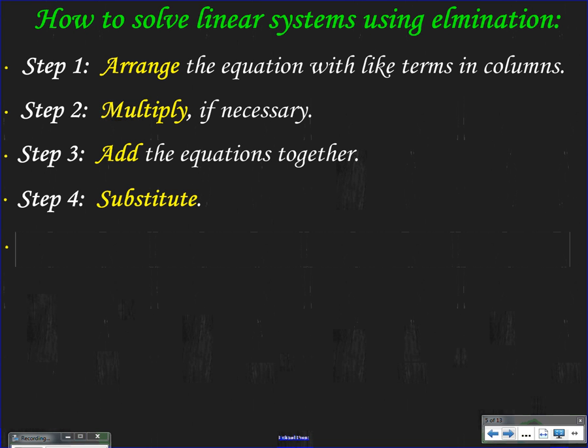Once I add them together, that's going to eliminate one of my variables. One of my variables will be gone, and then I'm going to substitute my answer from that back into one of the equations. And then, of course, the last step is I'm going to check my solution. Okay? 5 very simple steps. Great. So we're going to move on